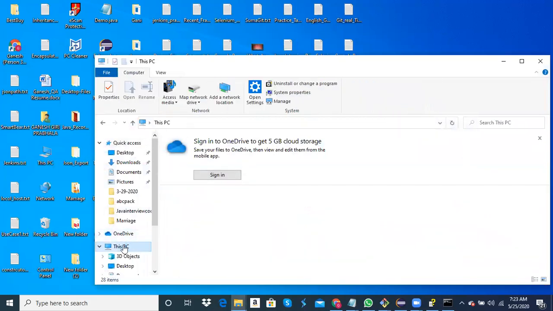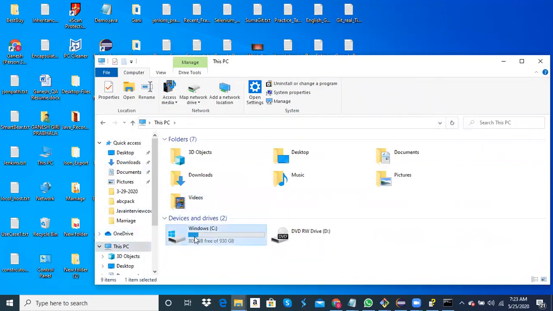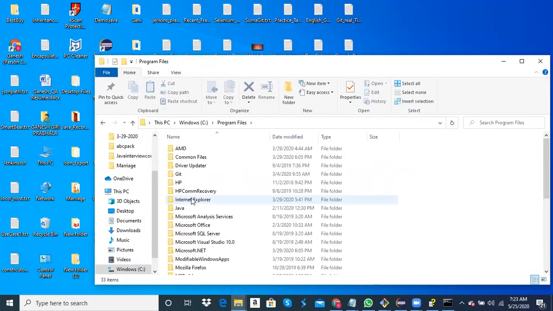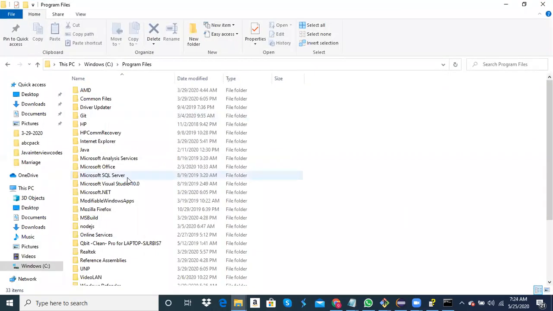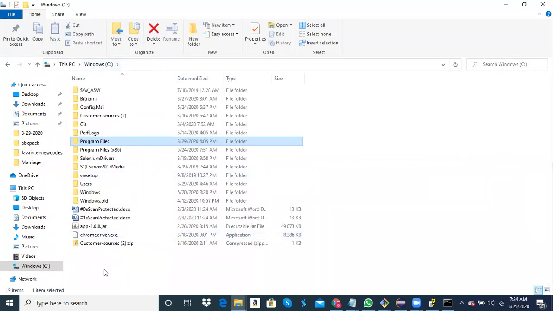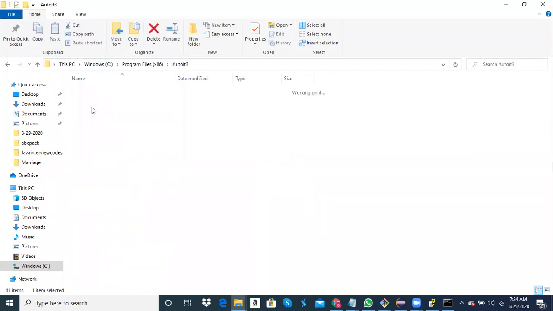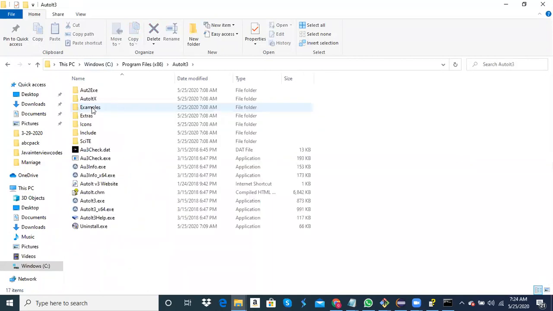So you have to go to the C drive, and then from there go to Program Files and search for AutoIt. It's not available here, so obviously you should go for Program Files x86, and you see AutoIt3 here. This is where your AutoIt exe files are available.